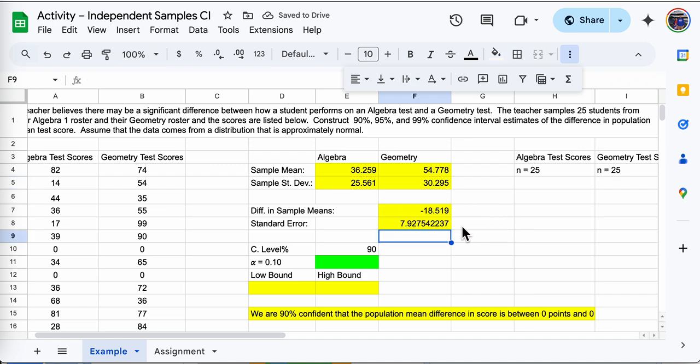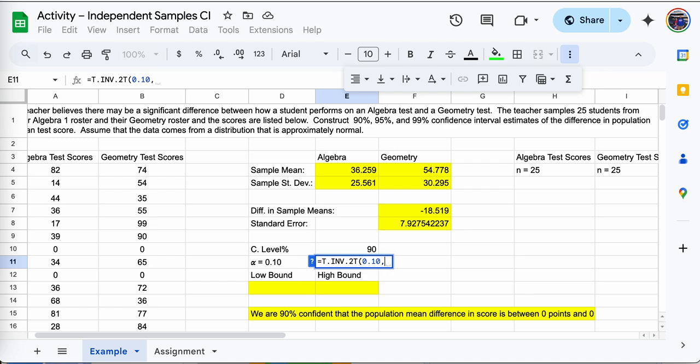So we have our standard error. We have a difference in sample means. So alpha value, so 0.10. And the degrees of freedom, which is whatever the count value is minus 1. Right, so 25 minus 1 is just 24. All right, now the